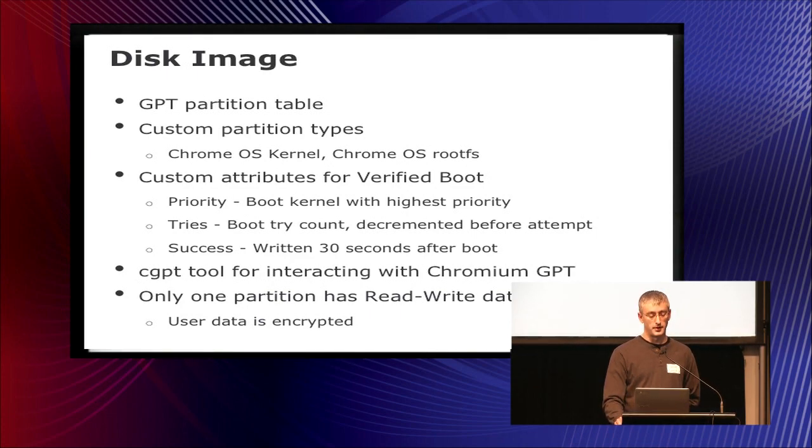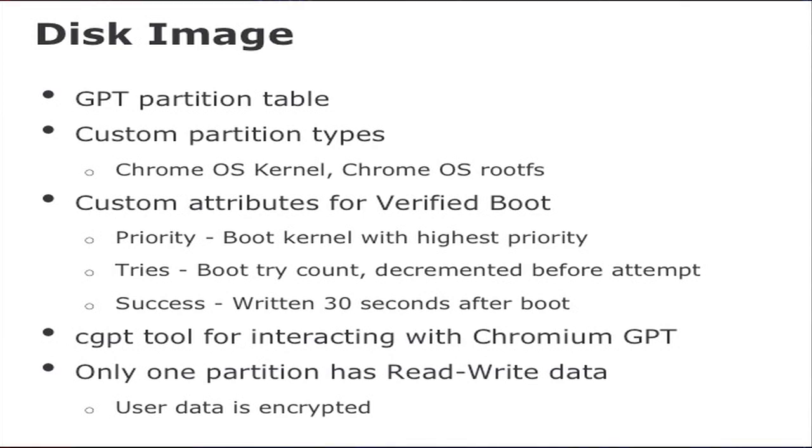So when an update happens, it updates the copy that you're not running from and tries to boot into it. And if it succeeds, it'll then be in that new version. If it fails, it'll actually be able to fall back to the old version. To support that concept, we added some custom attributes to the GPT table. So we have a priority field that basically tells the VBoot kernel implementation which of these partitions it should try and boot first. We have a try count, so if we did update to a new Chrome OS image in,